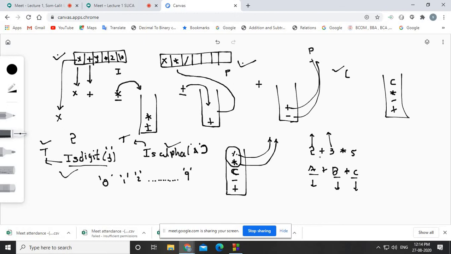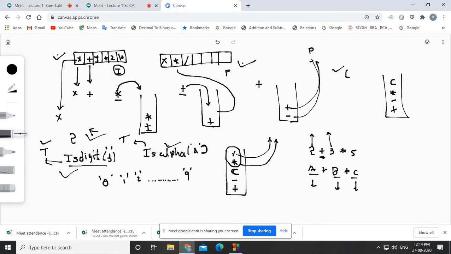But what happens when we scan a plus sign? When we scan a plus sign from the infix array, it is not a digit, so isdigit returns false, and it is not an alphabet either. Plus does not belong to digit or alphabet, so in that case I will treat it as an operator.